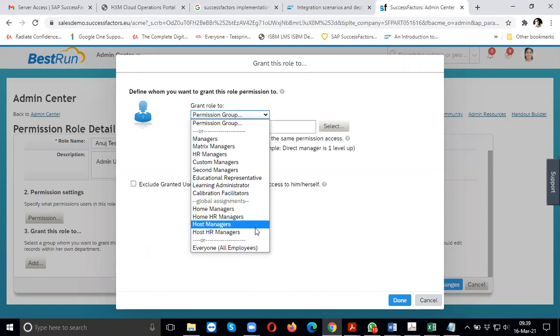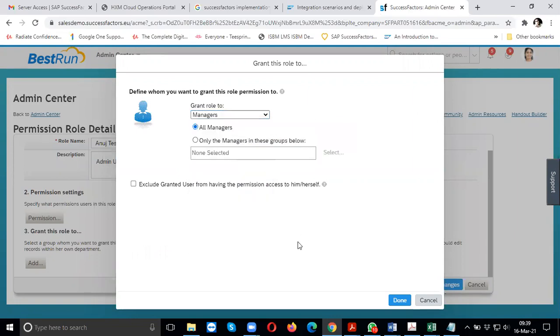Or it can be employee, everyone, employee. In case you have selected the managers option here, you can now restrict here also. It can be all managers or only the managers in this group. So it can be anything.